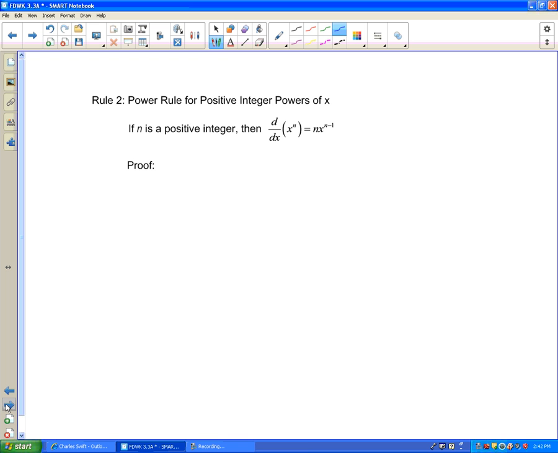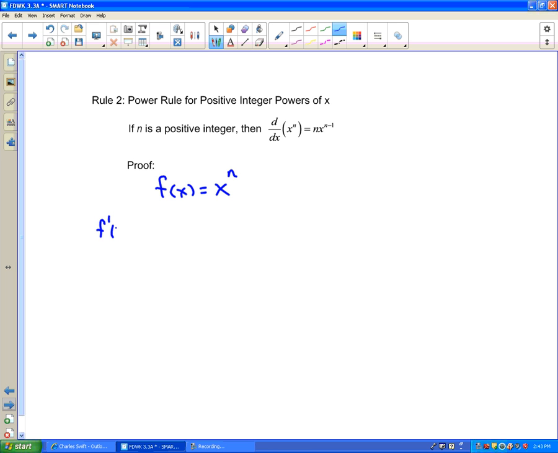Our second rule, the power rule for positive integer powers of x. If n is a positive integer, then d/dx, the derivative of x to the n, is going to be n times x to the n minus 1, where we would plug in the appropriate values of n. So for this particular problem, let's start our proof by letting f of x be a general power function, x to the nth power. So by definition,